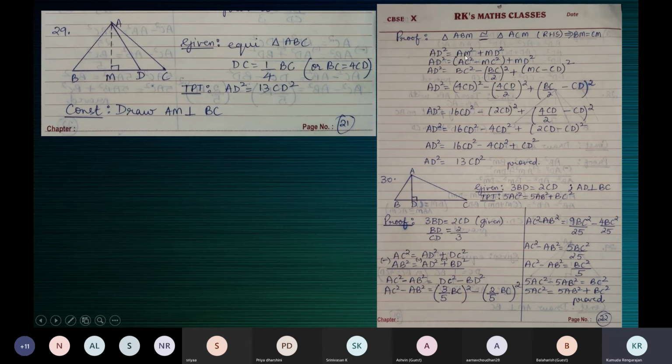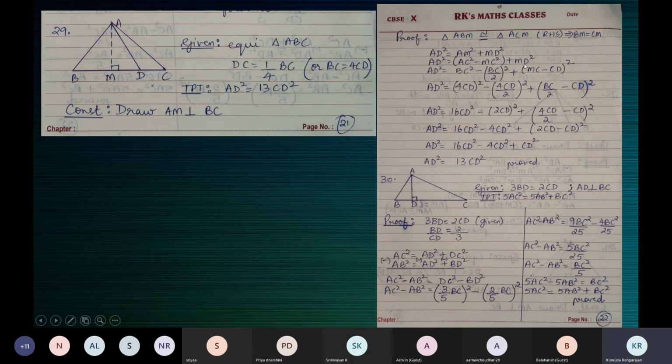So see here what we're doing. We're writing AM square as AC square minus MC square, Pythagoras theorem in triangle AMC. Now, why is AC square fine? AC square is nothing but BC square, and BC square is nothing but 4 times CD the whole square, and so CD is introduced. So AC is fine. Now this MC square is half of BC, BC by 2. And from BC you will get CD. So MC is also fine.